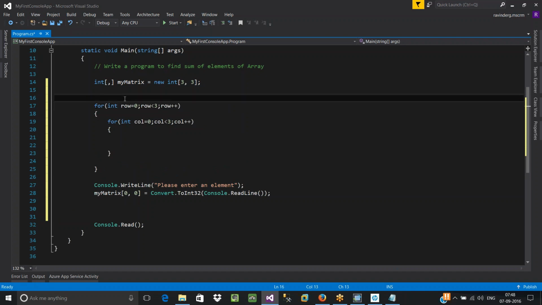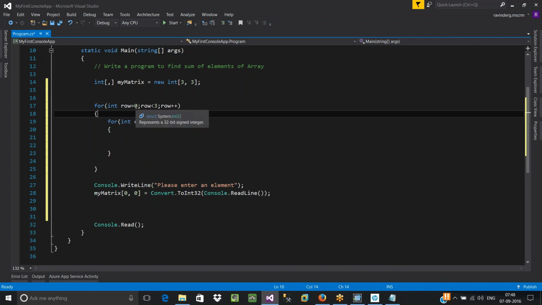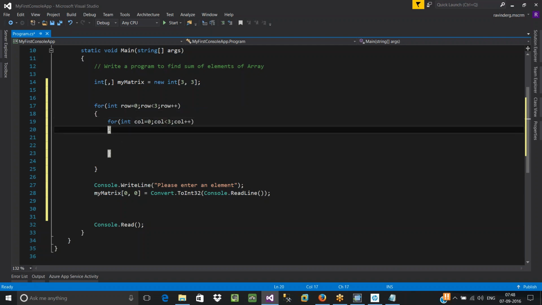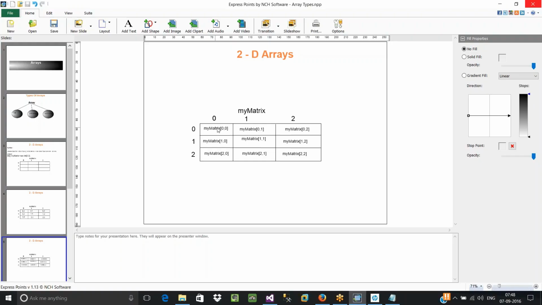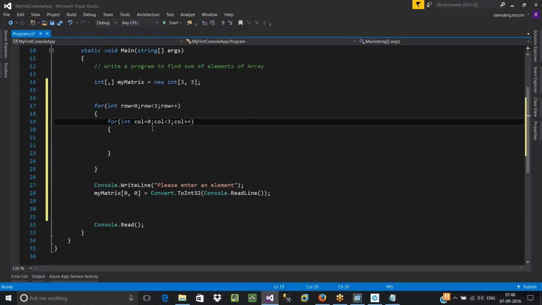See, once the control comes to your for loop, your row is going to be 0. Is 0 less than 3? Yes, the condition is true. It will go inside of this. Your row is equal to 0. It means we are at the first row. Within the first row, to navigate between the columns, we have written this second loop. Once it comes inside of the first row, now this loop is going to start from 0. Your column is equal to 0, because within the first row, first you have to go to the first column, which is located at 0th position. That's why we are starting this loop from 0.